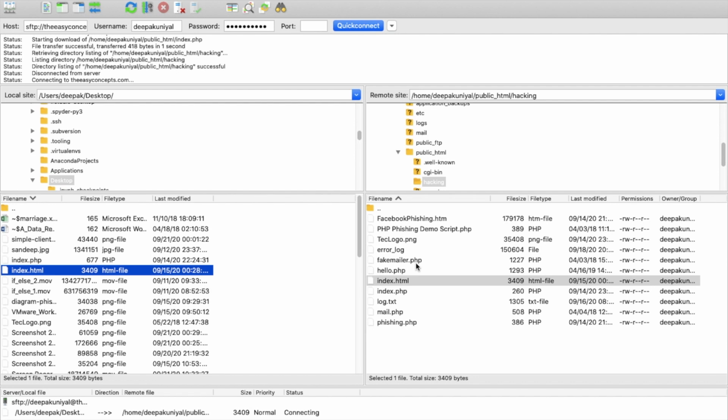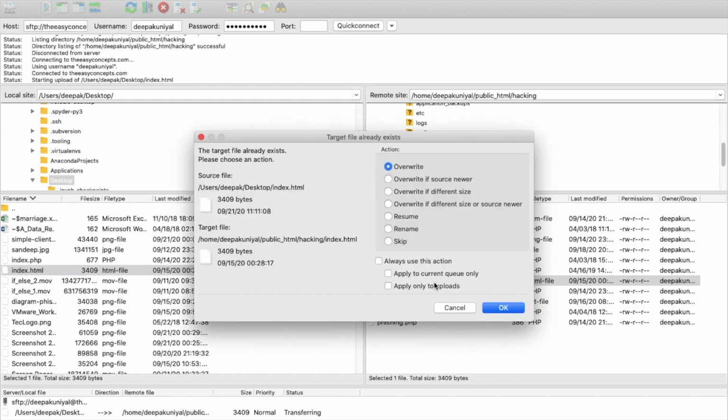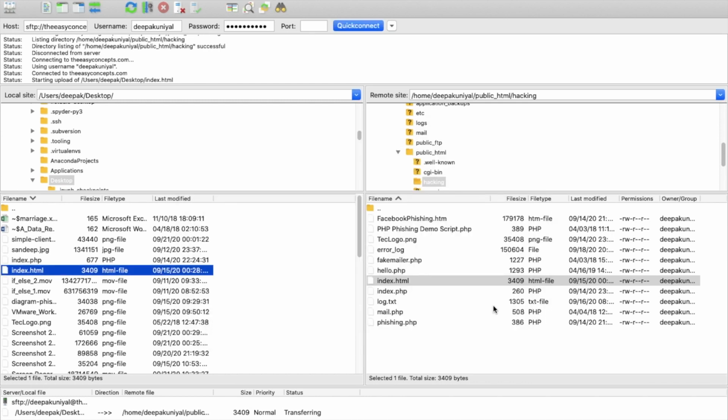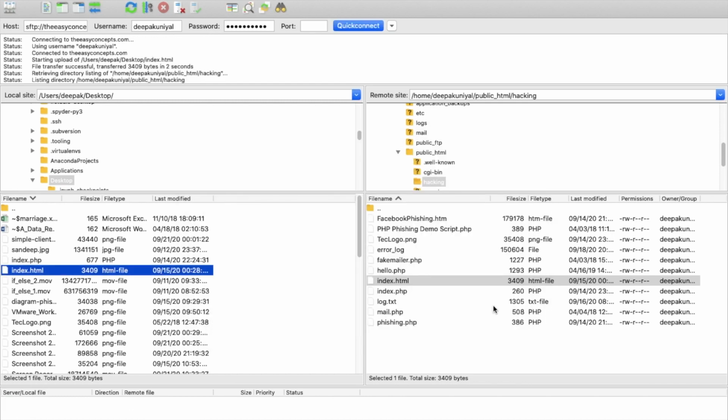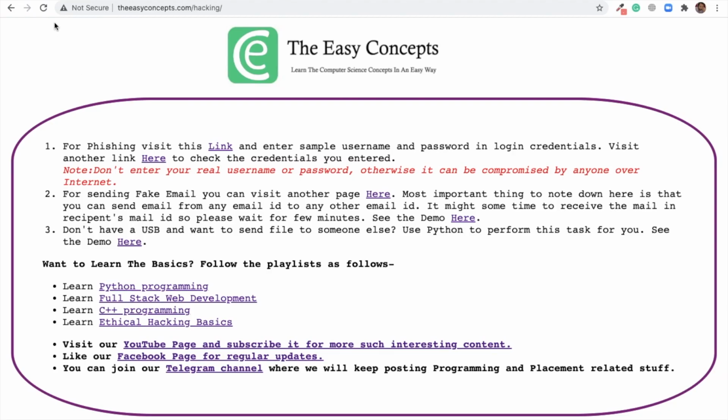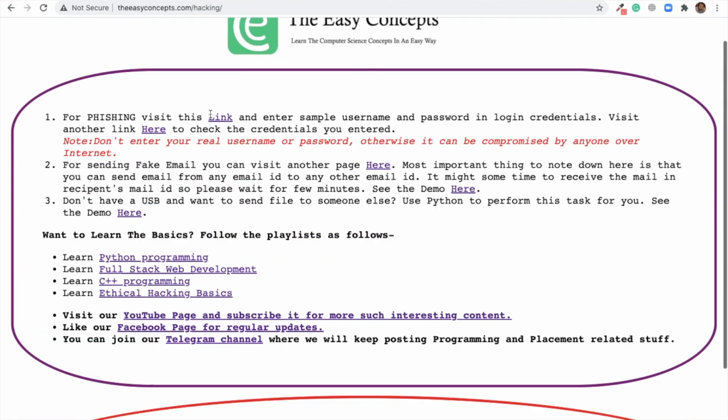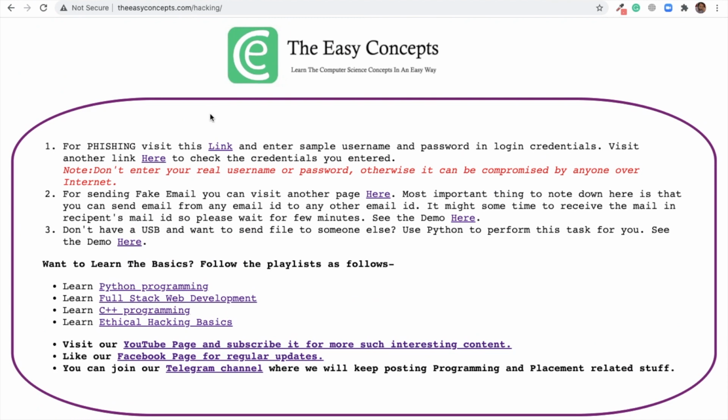It will ask us to overwrite the file because both files have the same name. So let's wait for a second, and now it is asking us to overwrite. Just overwrite this, go to the web page again and refresh it, and you can see it is coming in caps, right? So that's how you make changes on a local system and upload them to the server.